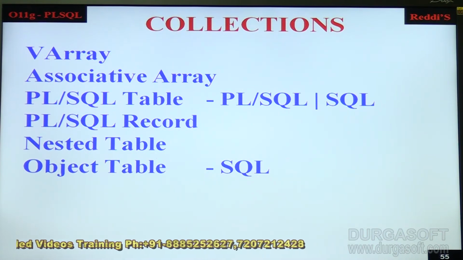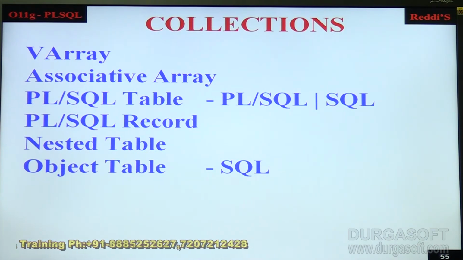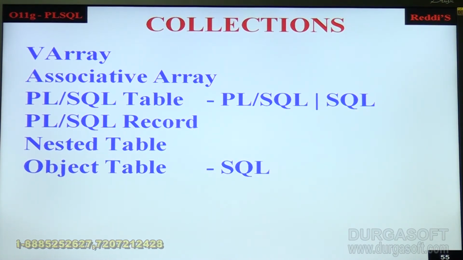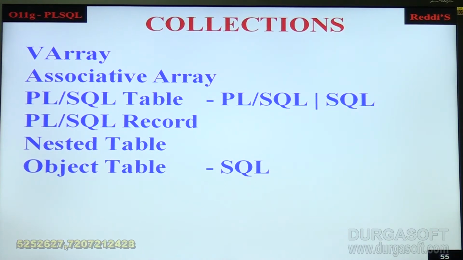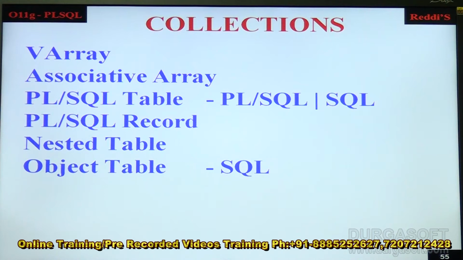So the maximum size limit is one of the drawbacks of VArray. That is, the size has to be specified in the beginning itself. When we define the VArray, we will not have any information about the number of elements that are going to be stored inside the VArray. That is one drawback. And when we specify the maximum size limit for the VArray, we cannot alter the size